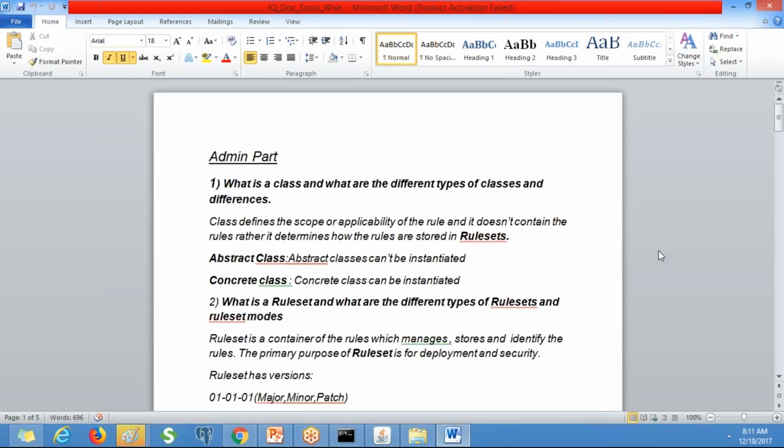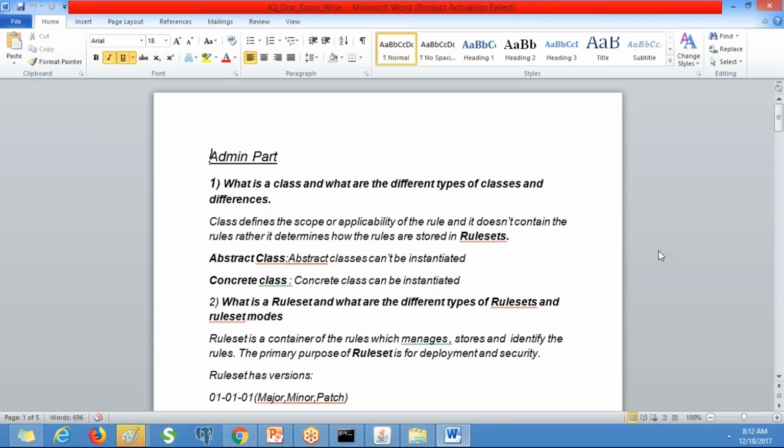How is it helpful in deployment and security? A rule set has versions: major, minor, and patch version. When we deploy into the production environment and want to change something, we have to create a new version, make the changes, and promote it again to production. For security, we can use the checkout option under the rule set so that multiple people cannot work on a single rule at the same time.